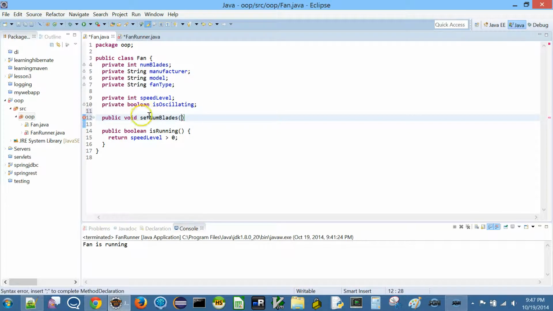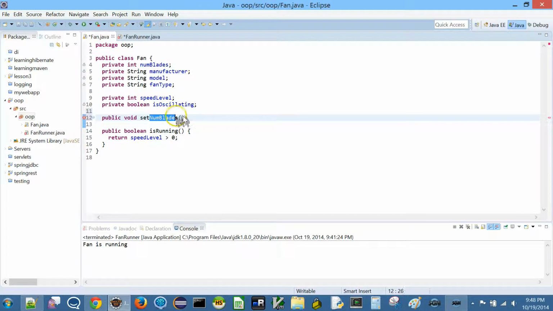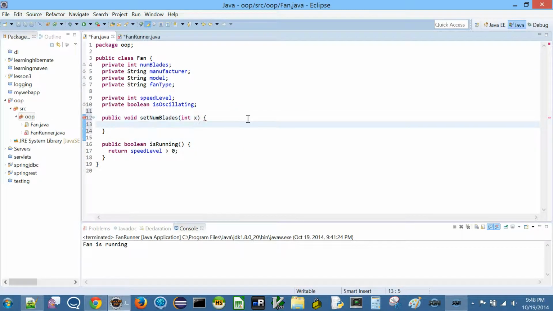I use set and then numblades, in lower camel case. So I say set numblades and int, let's say x. Somebody is going to pass a value here, int x, to this method.